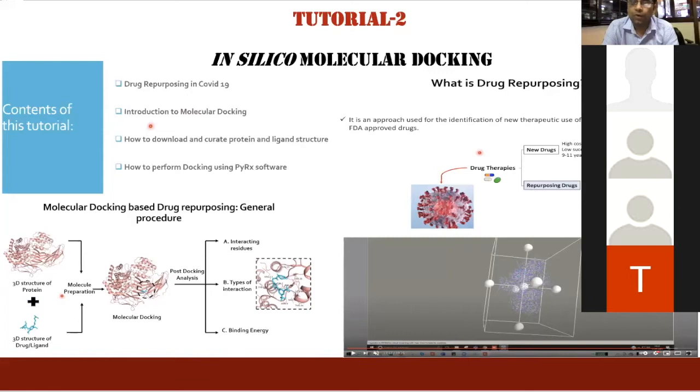So think about that. You want to look at a given protein. You want to find out which are all the possible drugs which can bind to that protein, right? And to look for that binding, you are going to screen against large libraries, and that's where I think computational binding and these kinds of docking experiments can be very crucial to narrow down the molecules. And that's why I think we uploaded two tutorial videos yesterday. I hope you are able to go through them.